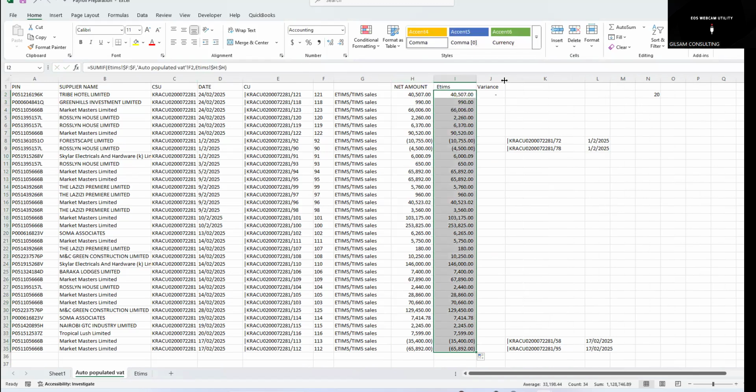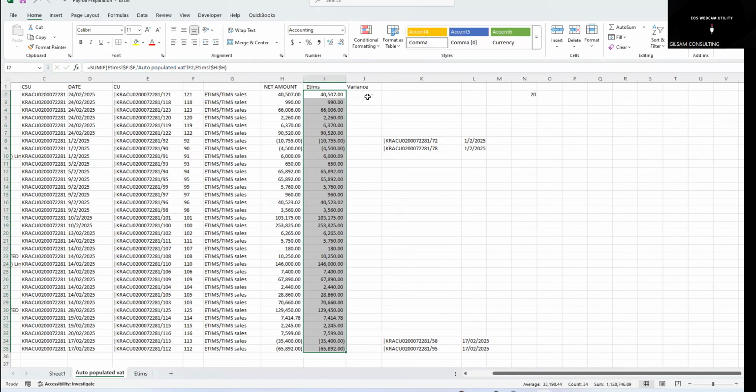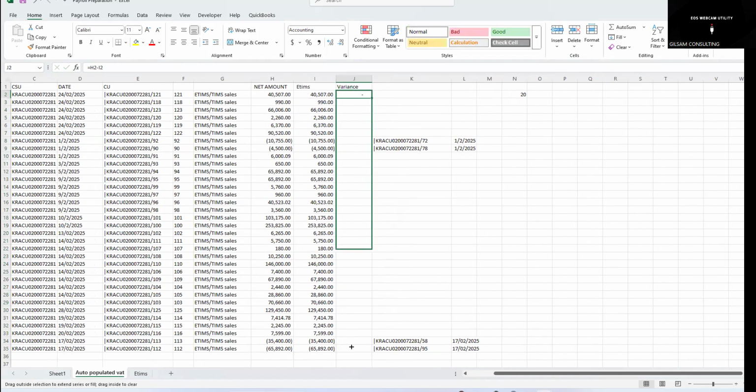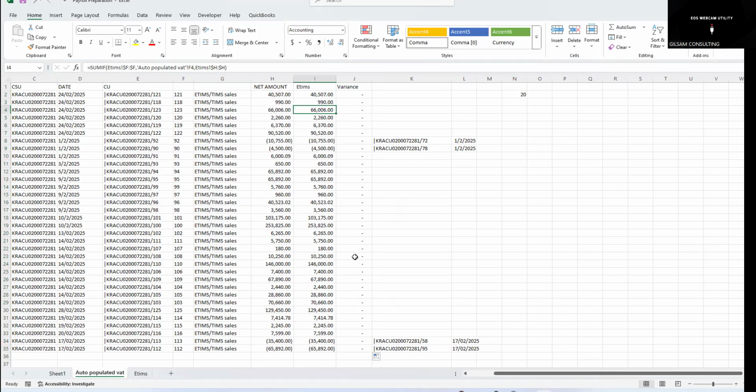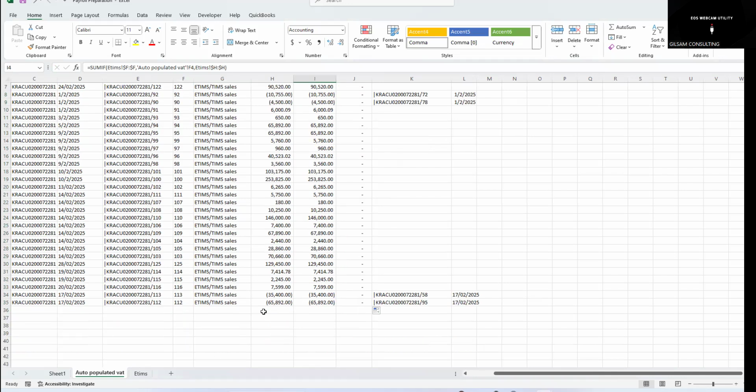So now with this, you can confirm the variances. If we drag this down, you can see there is no variance. Apparently, all of them match. So you can see how you can do the reconciliation very easy. So you can get that value extracted, but it might not be the same. Maybe, for example, because this was a sample data,